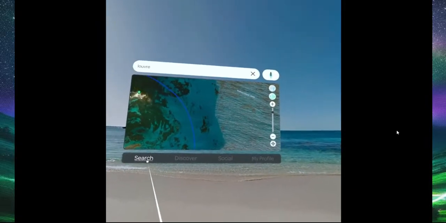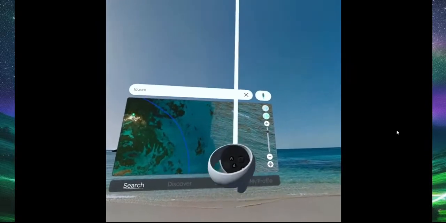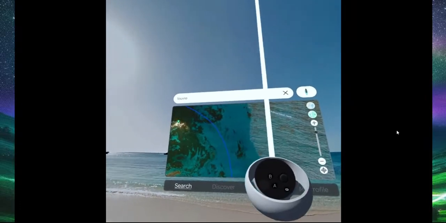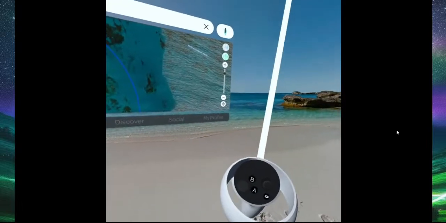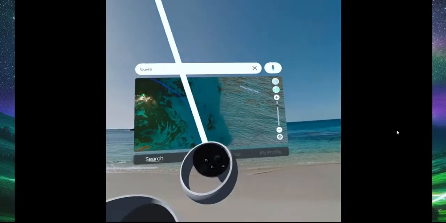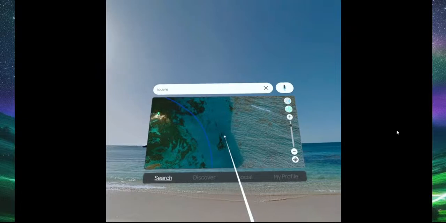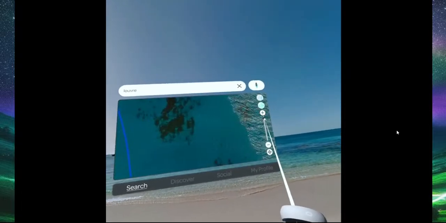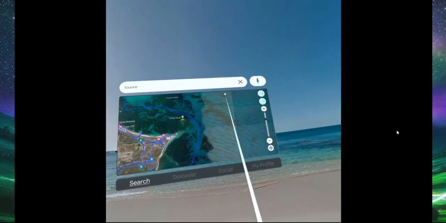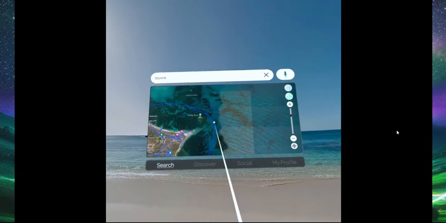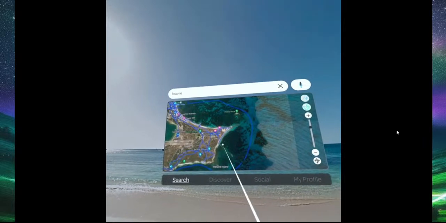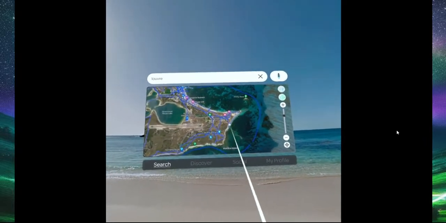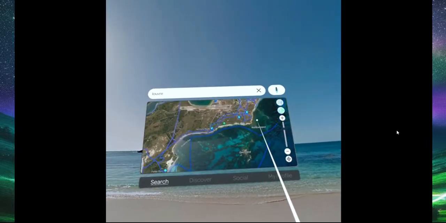Another way to do it, and I'm not using it because I was playing a shooter game and I got too rough with my controller, so now my thumbstick is a little wonky right now. But you use your thumbstick and you move it up and down, and it moves the map in and out exactly like the zoom does. See? There it goes. Now it wants to act up. But that's how you zoom in and out. So if you ever want to see something like that right there,